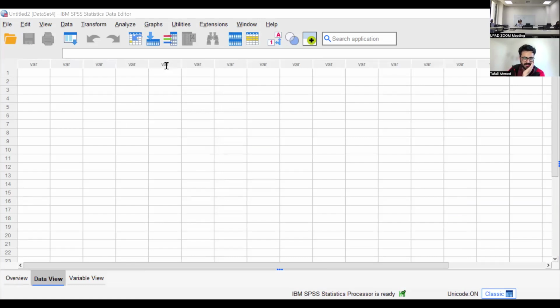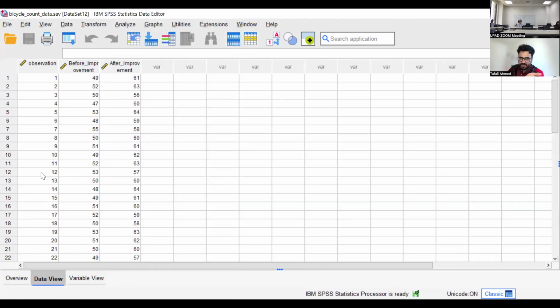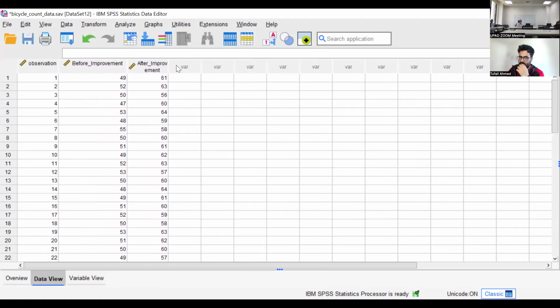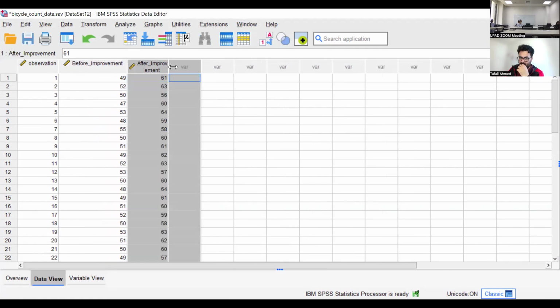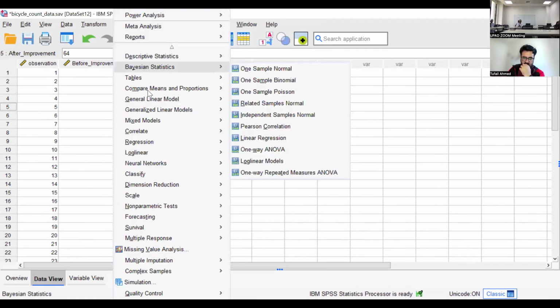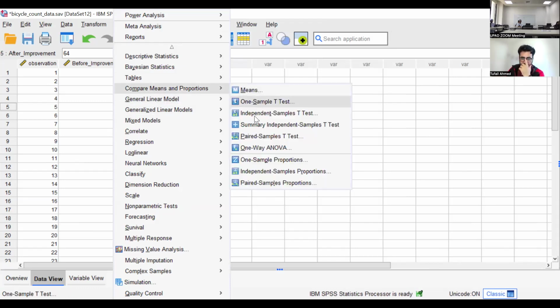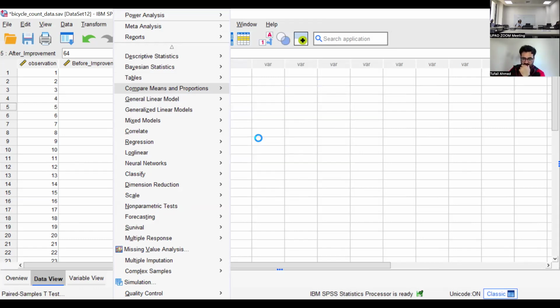So I have loaded the data, and then I want to see if we have any improvements. We have 33 observations, and do we see an increased number of bicyclists after improving the bicycle path? So I go to compare means, and then I run a paired sample t-test, because we are comparing two samples.